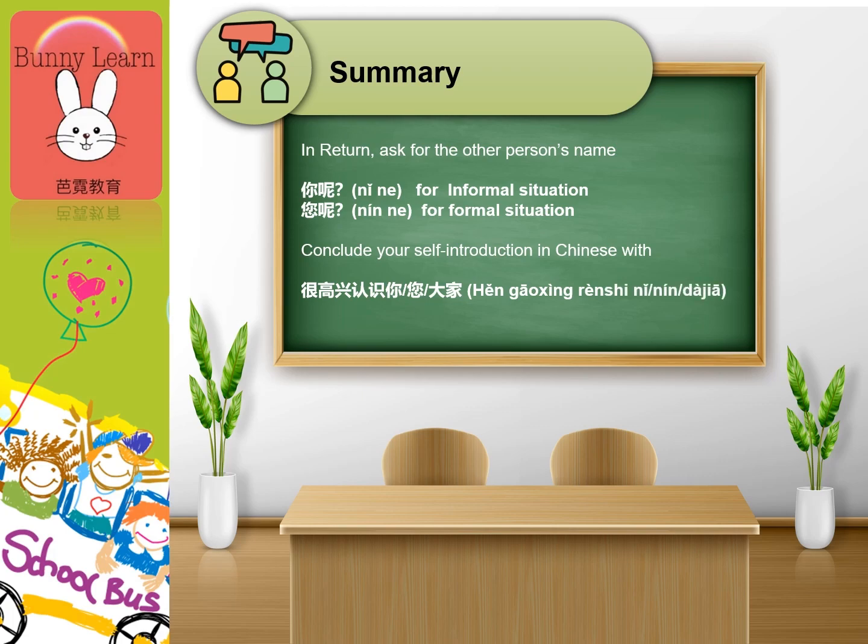Conclude your self-introduction in Chinese with 很高兴认识你。很高兴认识您。很高兴认识大家。